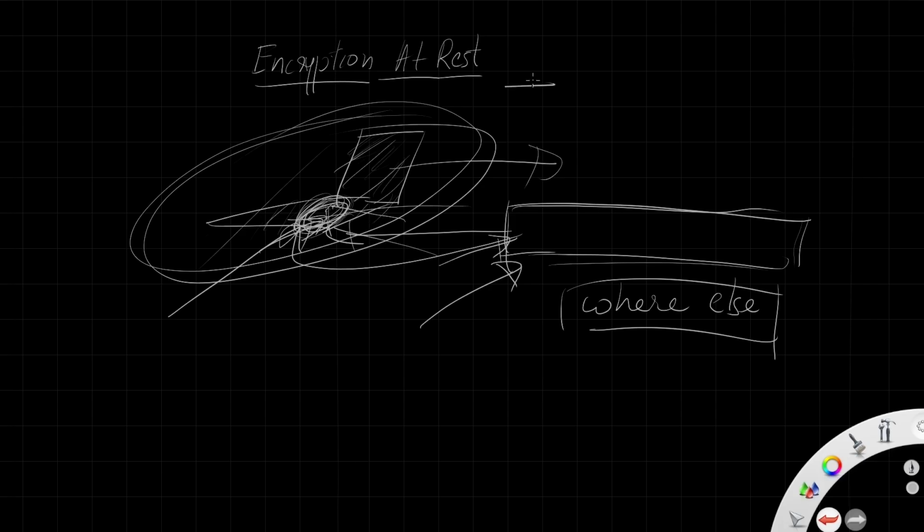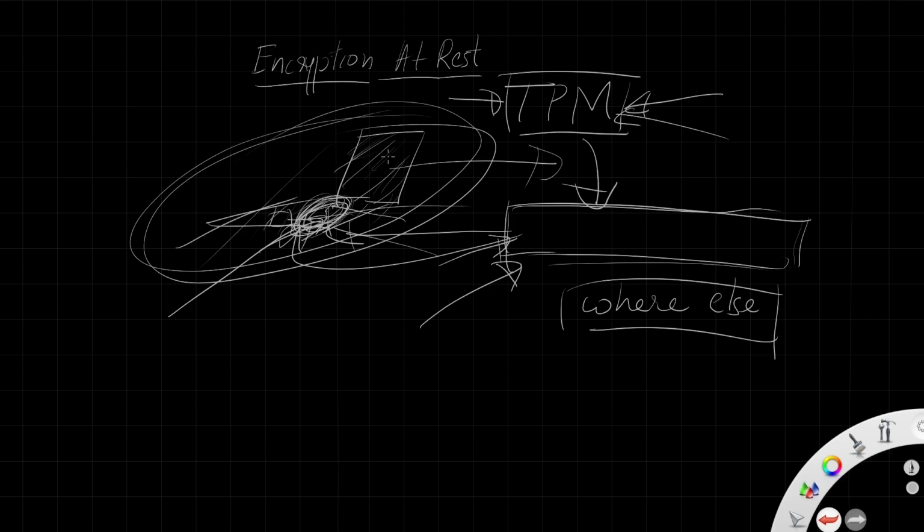So that's where the TPM comes into the picture, or Trusted Platform Module. It is a chip separate from the disk. Within the laptop, mostly within the CPU, you have modules like the floating point unit and memory management unit. You have a Trusted Platform Module inside the CPU, and in that, you keep the key of this particular encryption secretly. Now, if someone takes this disk, he doesn't have access to the TPM. TPM cannot be accessed like that. It's an electronically secure device.